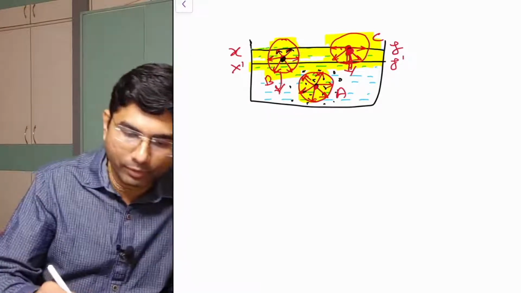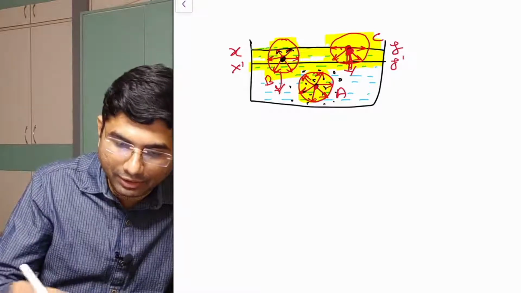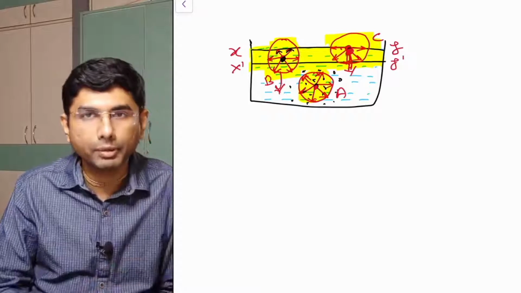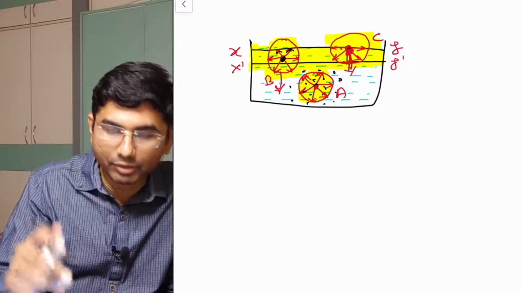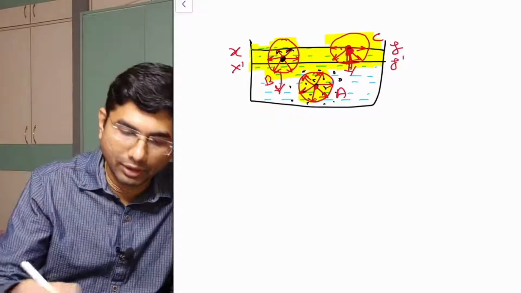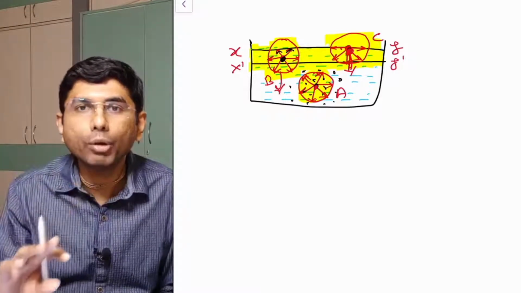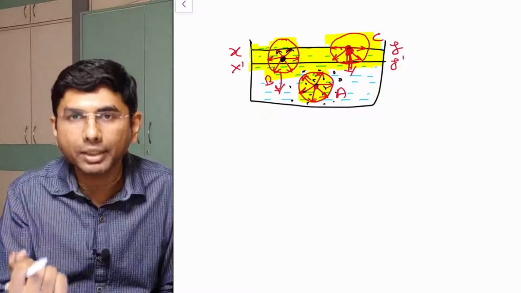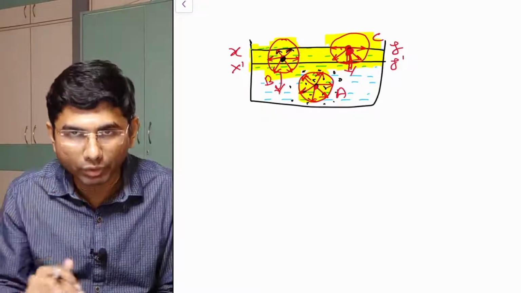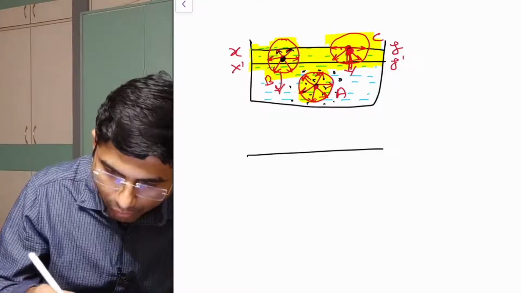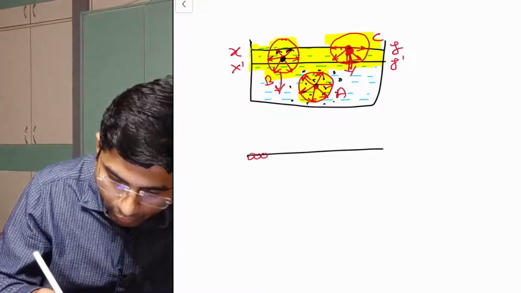Now any molecules which are in the range of the surface film, between the two marks X dash and Y dash, within that limit any molecule is experiencing some kind of pull downward. Now what is happening? There are many molecules. I will just make a surface here. On the surface there are many molecules. They all are crowded here.